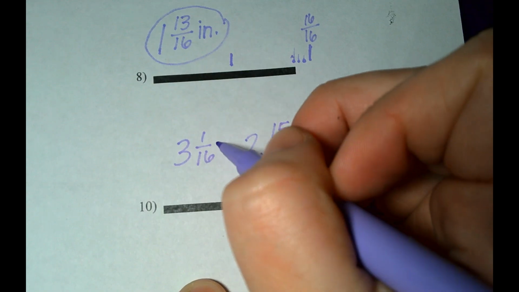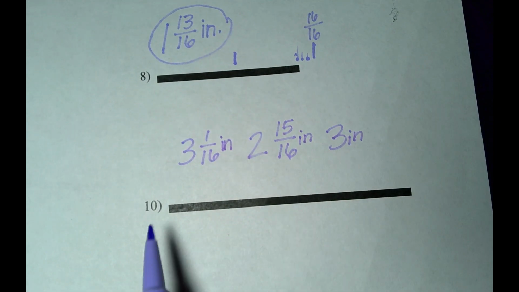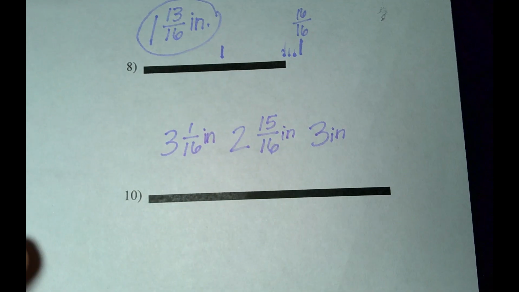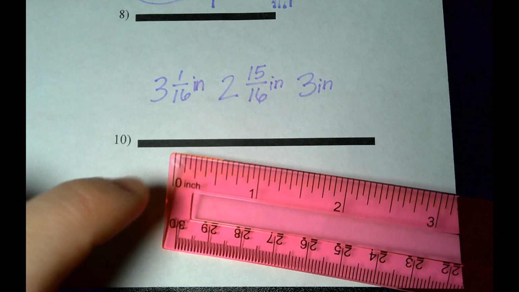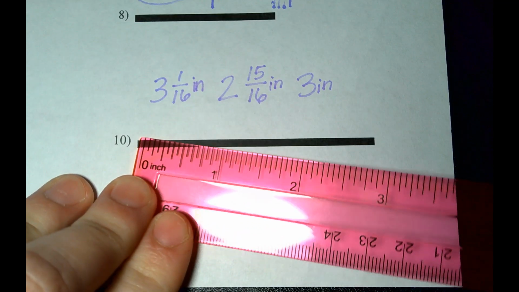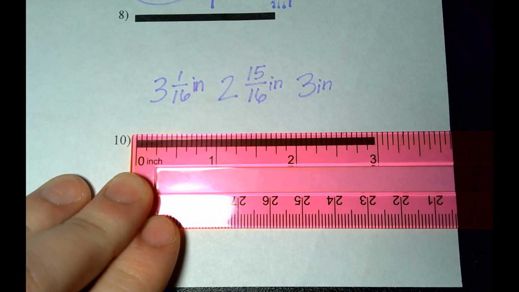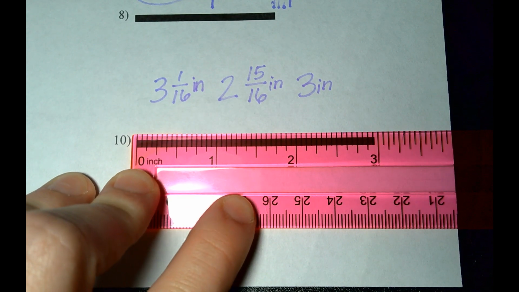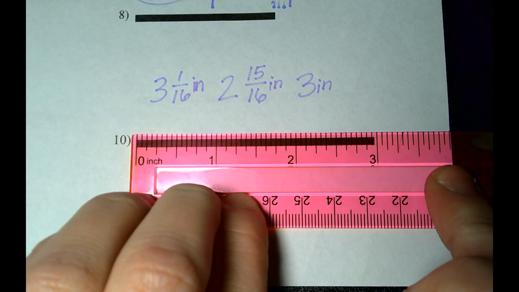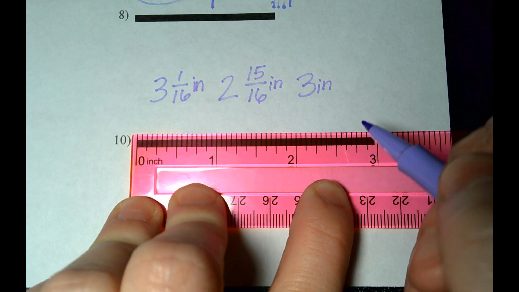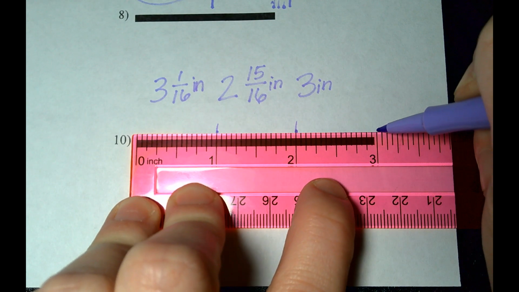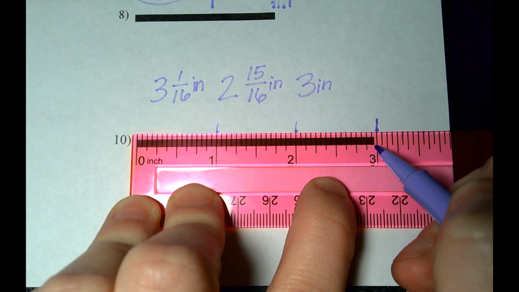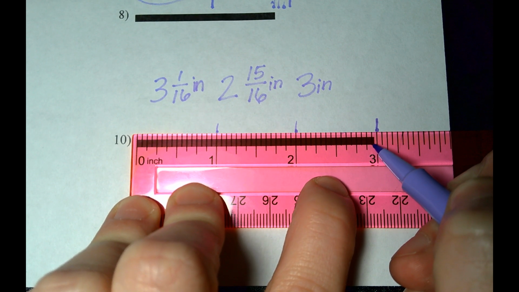Okay, we've got a lot of different answers here. Any other answers? It doesn't even go to the 3. Okay, let's see. So I'm going to take my ruler and put it on here. Right there, that is tricky because look at this. We went past 1, we went past 2. It's not quite to 3, but it's past